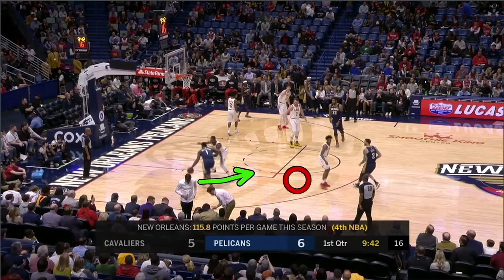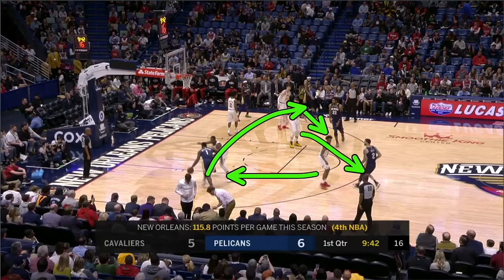You can either dig in the post, just stunt, get that dribble picked up early, clog that post up for Zion Williamson, recover back out, or you can double team, right? This player can double here, and then this player rotates here, this player rotates there, and if the ball gets kicked to the corner here, this player just simply rotates up, and the man that went to double just rotates out into the corner. You X out of it.